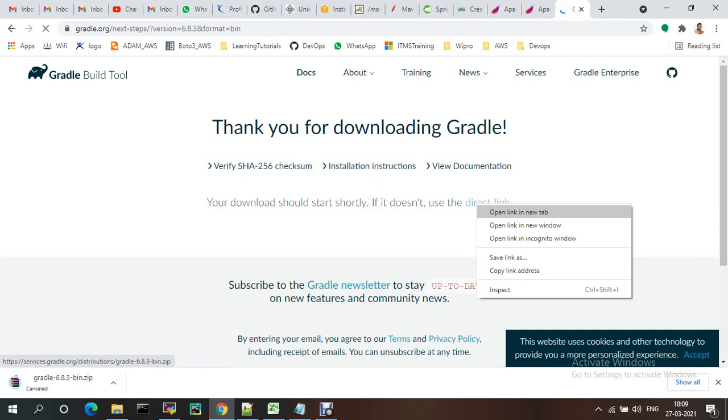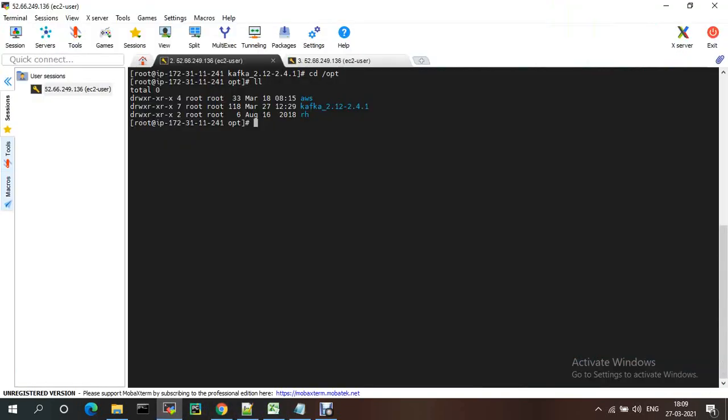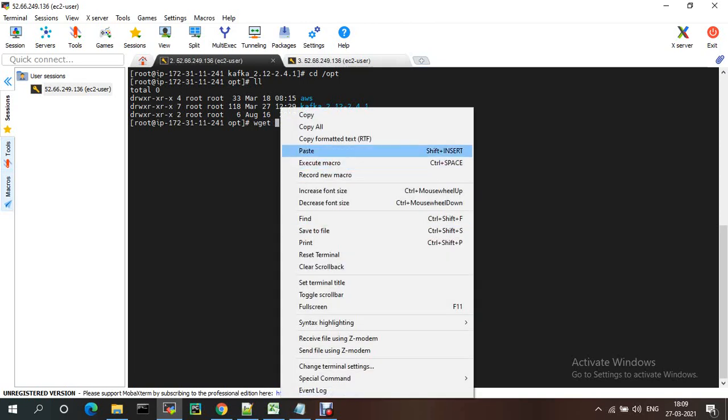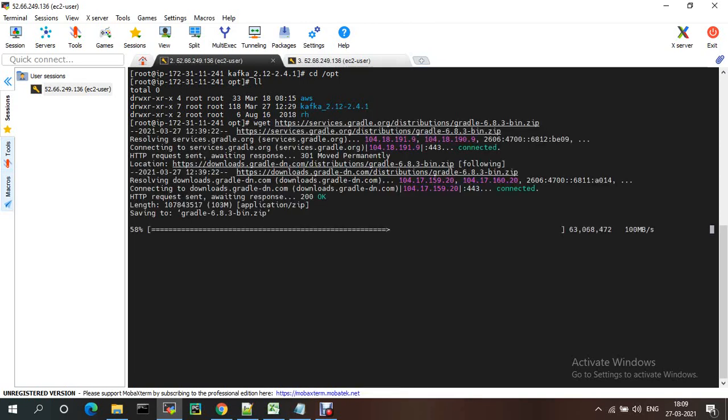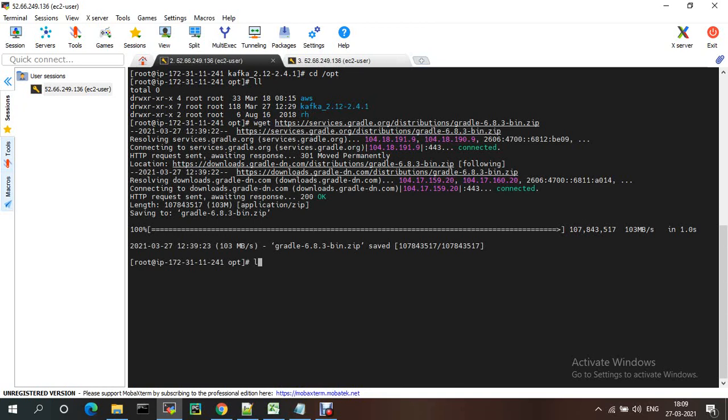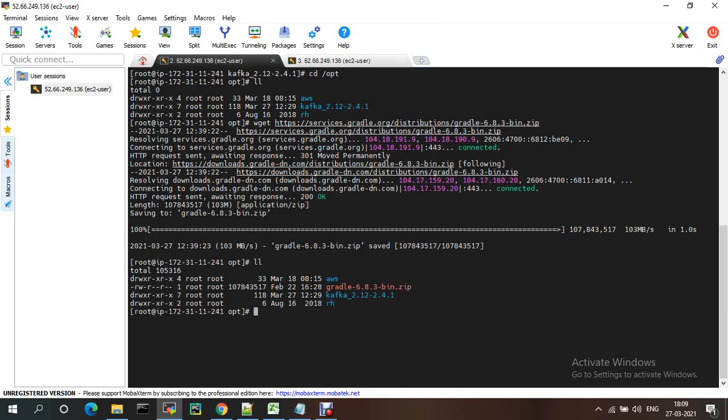I'm copying this link. cd, already in opt, right? So I'm just doing wget. This is a zip file, I'm unzipping that one.